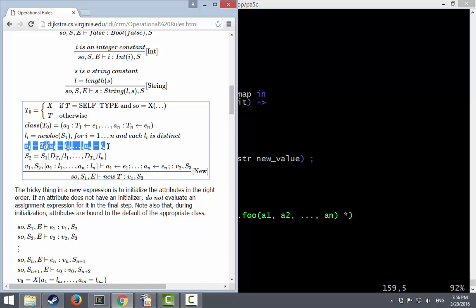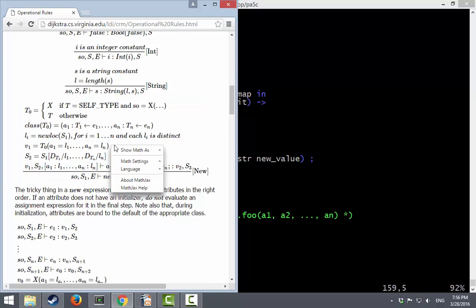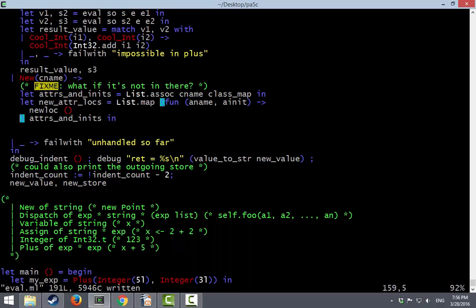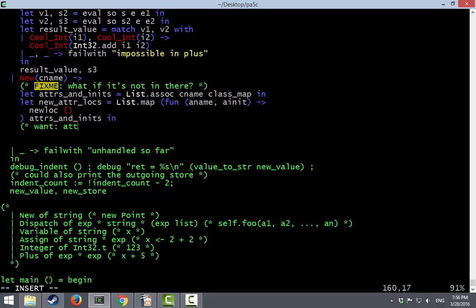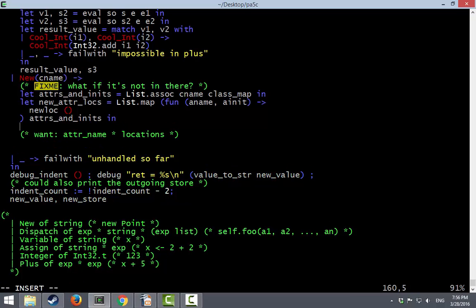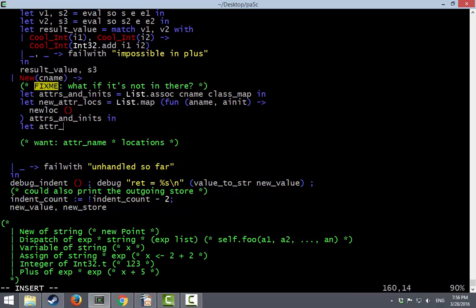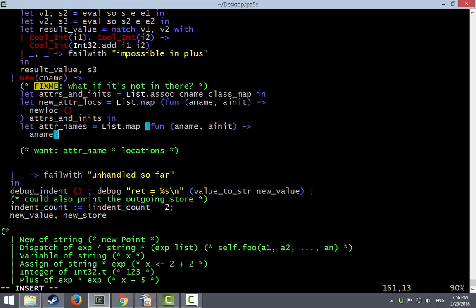We want to create a new value. We can't copy and paste. That's going to be this new receiver object. And our cool objects have attribute name times locations as pairs. So what I'm going to do is get just the attribute names